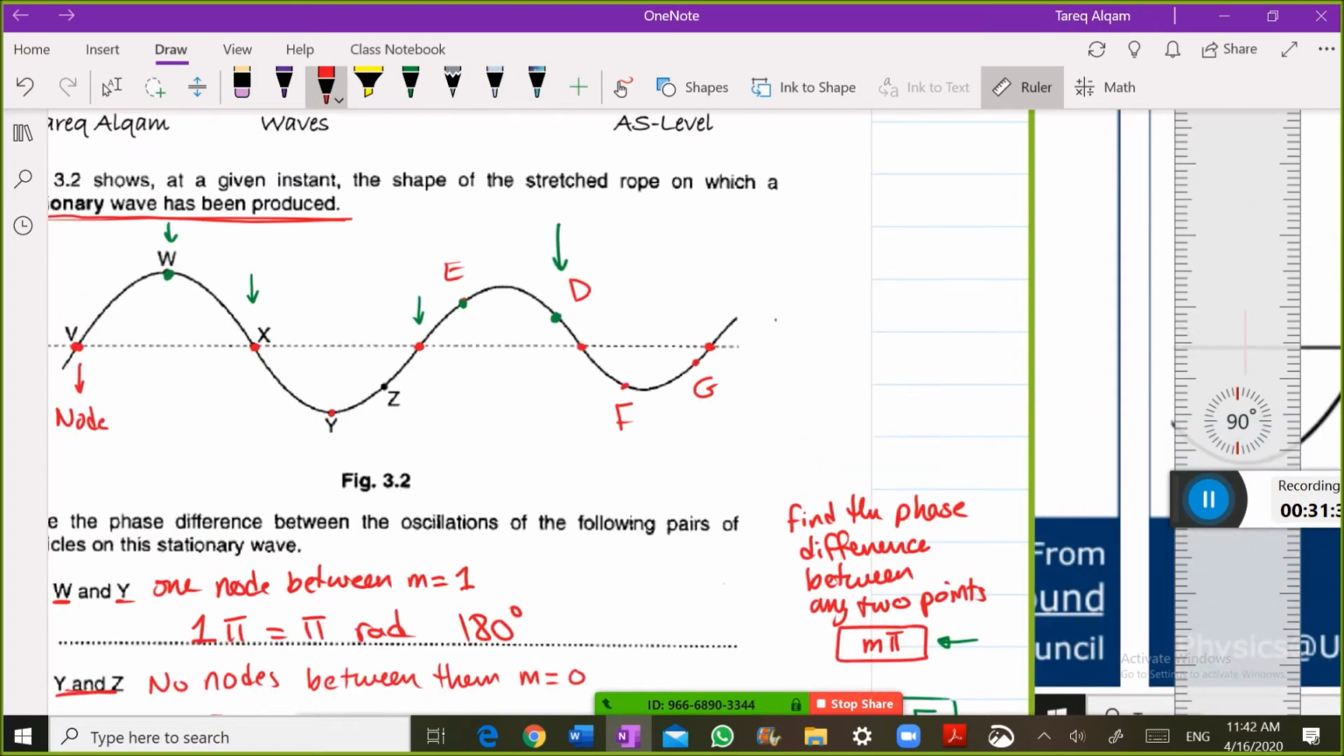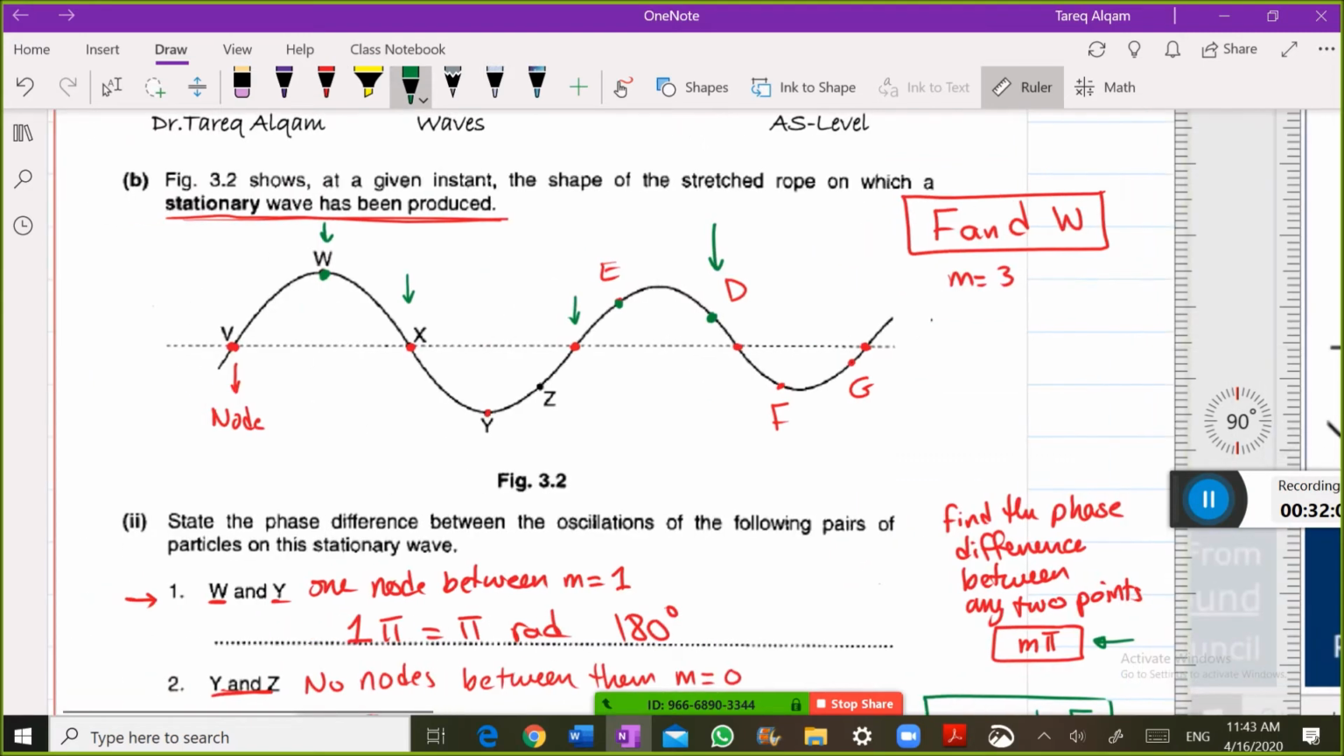Yes. Guys, if I consider F and W, it's 3 pi, M equals 3. This is W, guys. Pay attention. This is W again, and this is F. If I consider F and W, here we have 1 node, 2 nodes, 3 nodes. So the phase difference between them is 3 pi, which is antiphase. Guys, again,